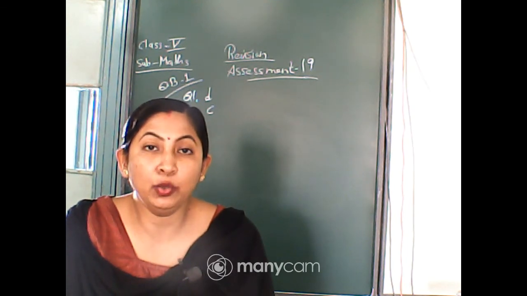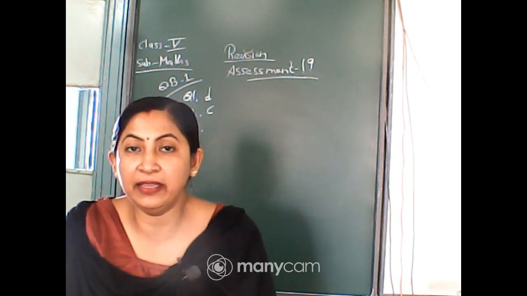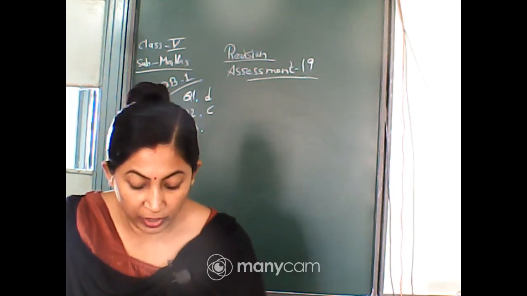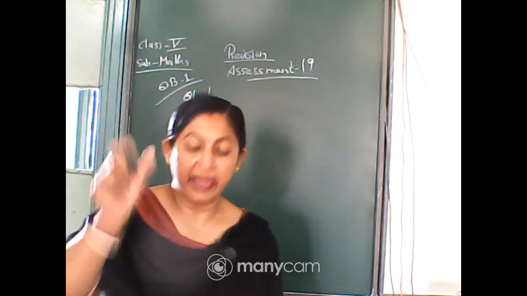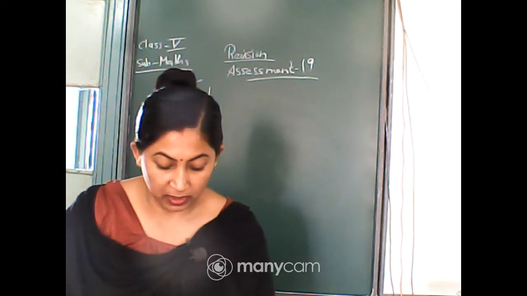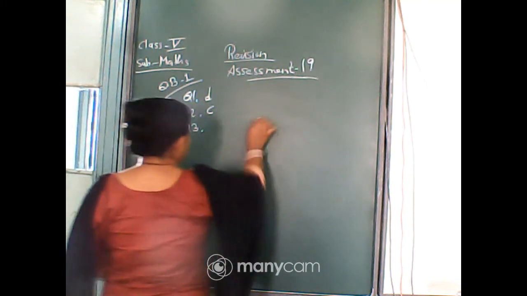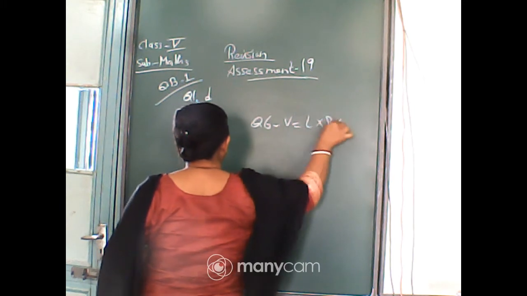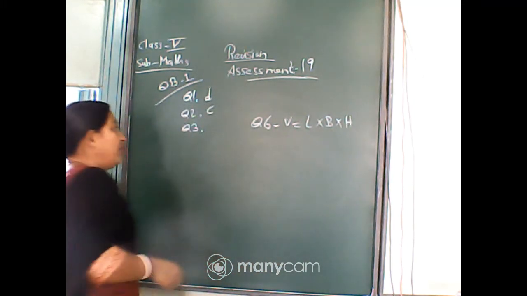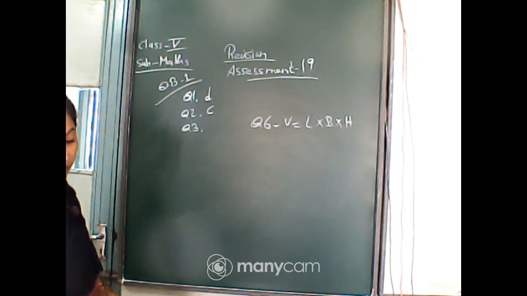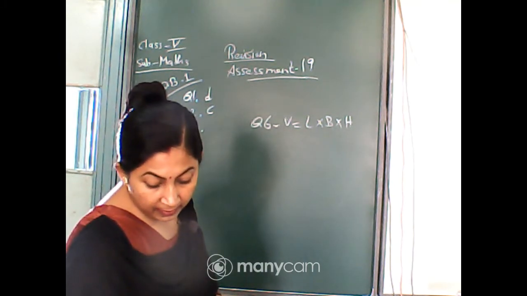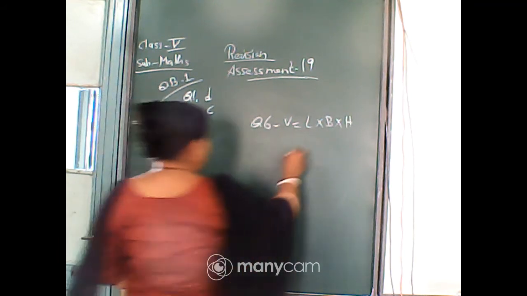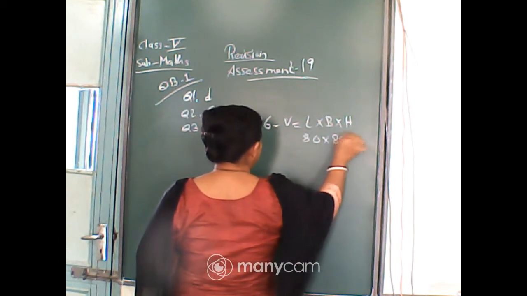There is a very easy method. See, no need to divide, no need to find the whole thing. That means L into B into H you are doing for volume. So, no need to do that one. Just you write 80 into 80 into 80. Question number 6, the volume you have to find is equals to L into B into H, isn't it? And if it is a cube, then you will write S into S into S, side into side into side. Here it is given cubical, that means S into S into S you will write. Here it is given 80. So, let it be like this, 80 into 80 into 80.